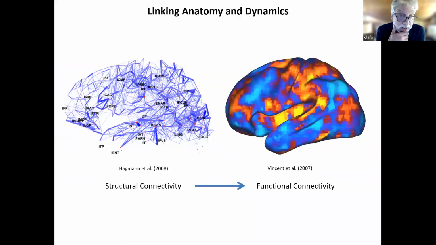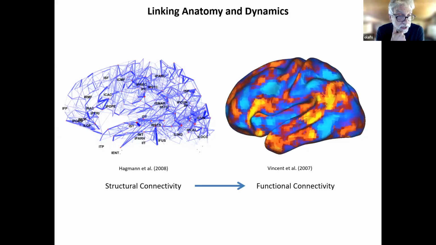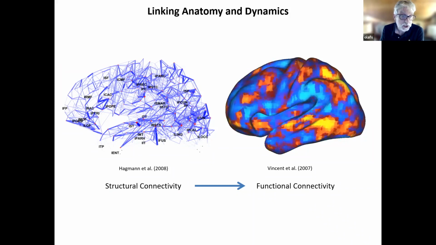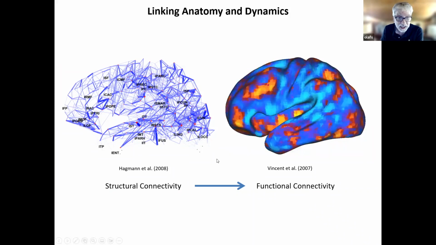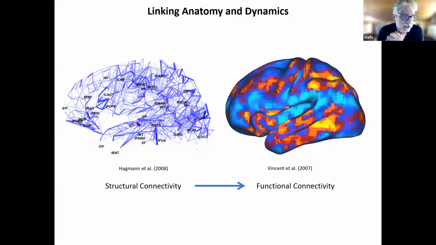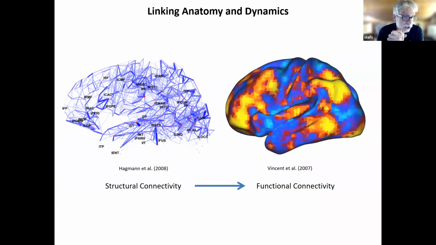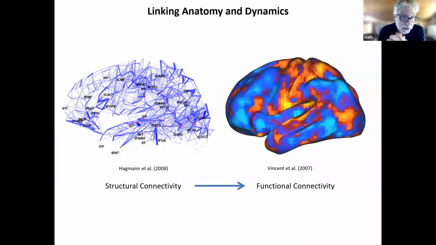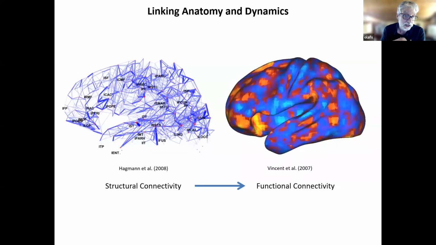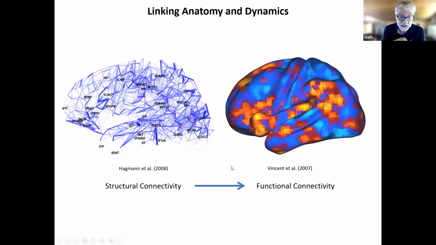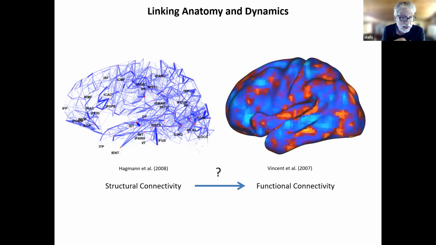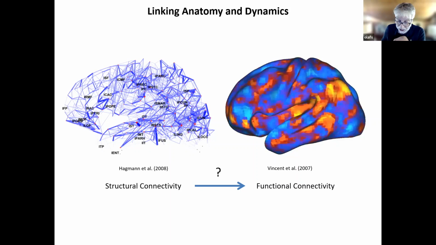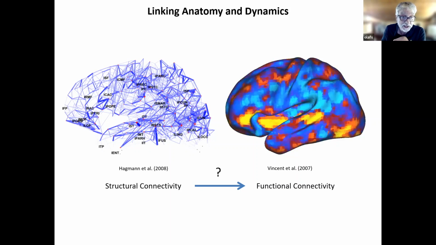Well, as many of the talks have alluded to this morning or earlier today, one of the key problems in our field is to bridge between different modes of connectivity, especially the more static, unchanging, sparse skeleton of the connectome, the structural connectivity, and then the unfolding, rich, variable, flexible dynamics that we observe, for example, during resting state in fMRI, as you see in this little movie. And the question is, how do we get from one end to the other? What are the causal mechanistic links between these two domains of connectivity? And I'll speak to that a little bit today.